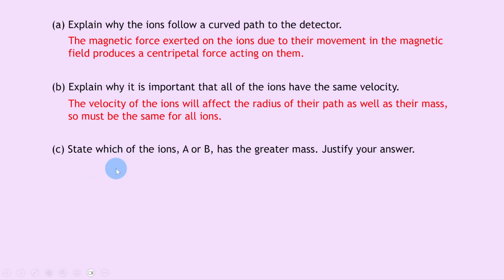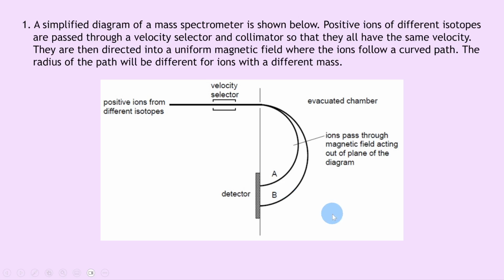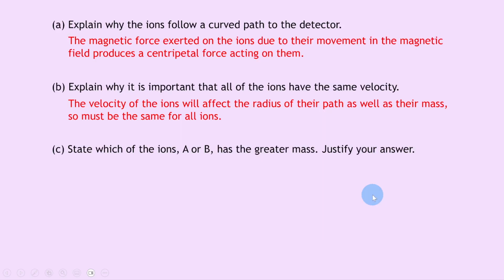Part C then says to state which of the ions A or B has the greater mass. Justify your answer. So if we look back at our diagram here for the two paths A and B, remember the radius of the semicircular path will be from the middle to the end point or the middle to the starting point, and therefore we can see the ions in path B have a greater radius than those in path A. So we can therefore say that it's B that has the greater mass,